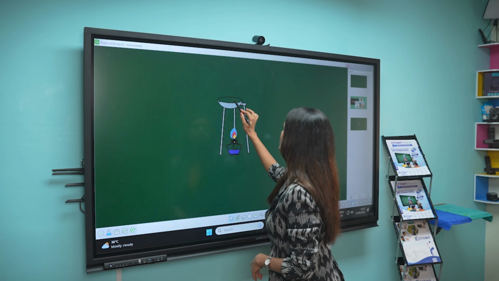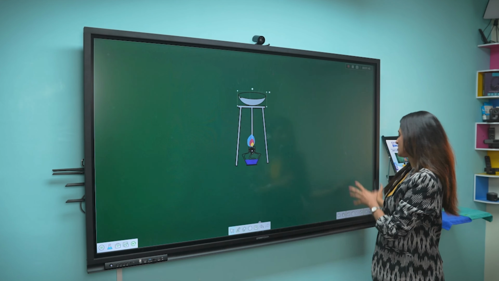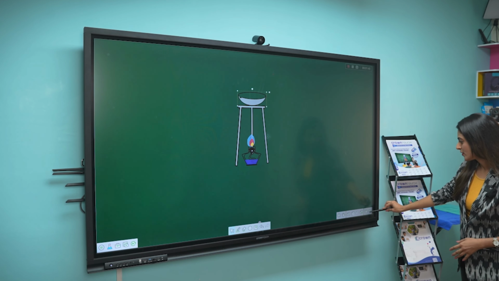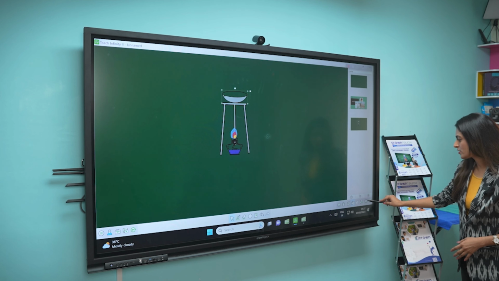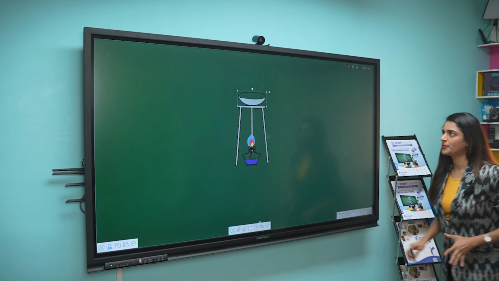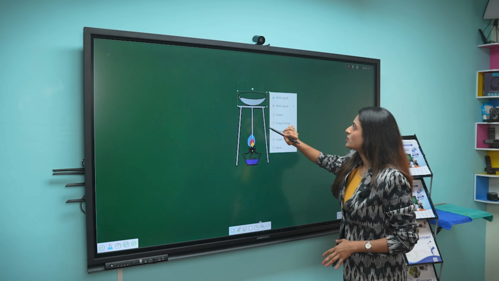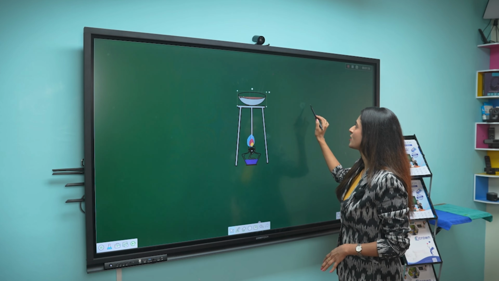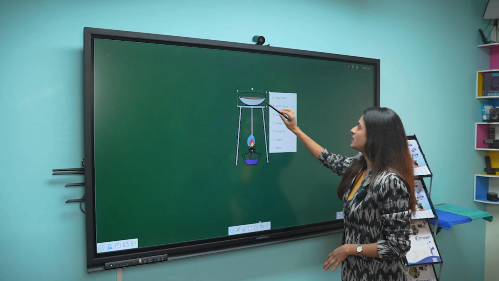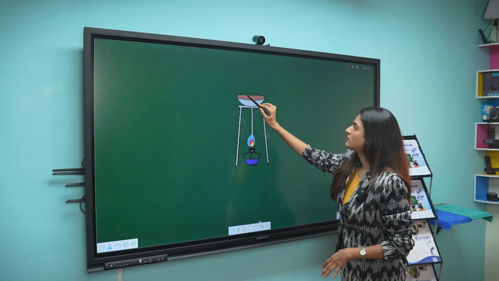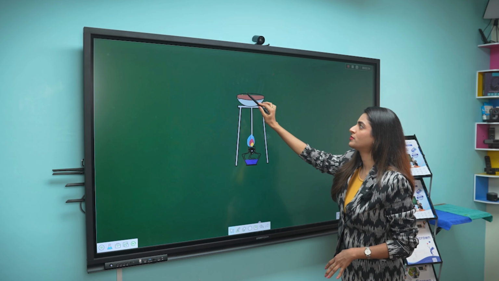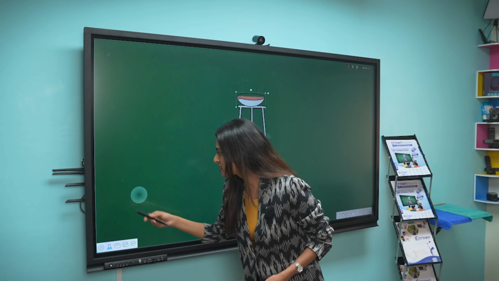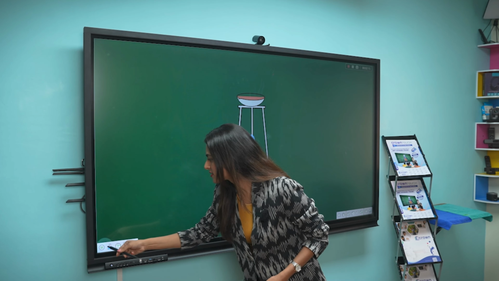So if I want to put anything, this is the full screen mode. Over here, there is this button which will help you to go full screen. Over here with liquid, you can choose the color of the liquid. You can choose the quantity of the liquid. If I'm selecting, for example, mathematics,